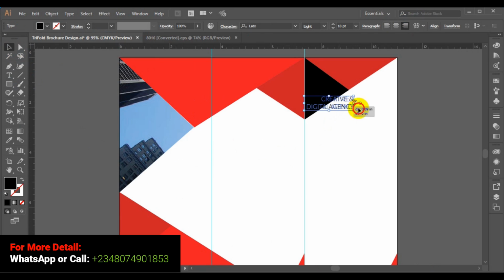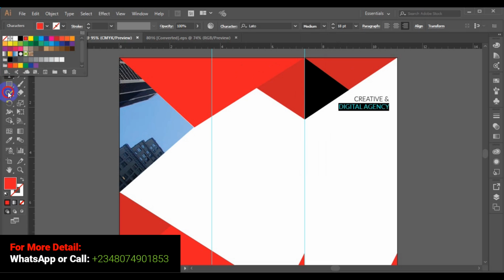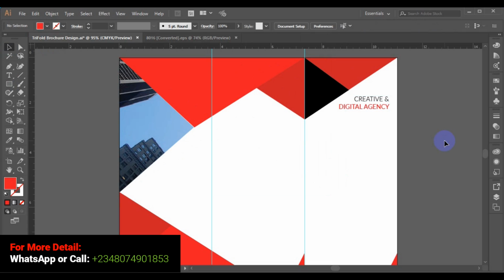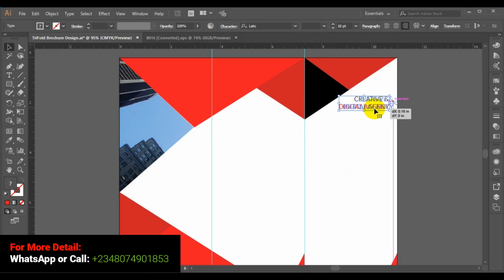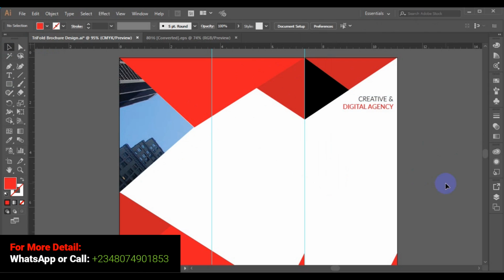So you can take this one here. So we can go back to the text tools. So the digital agency now, shift key and something like this. Then we can come here and change this one to medium. Then we change the color to red. Something like this. Okay, so